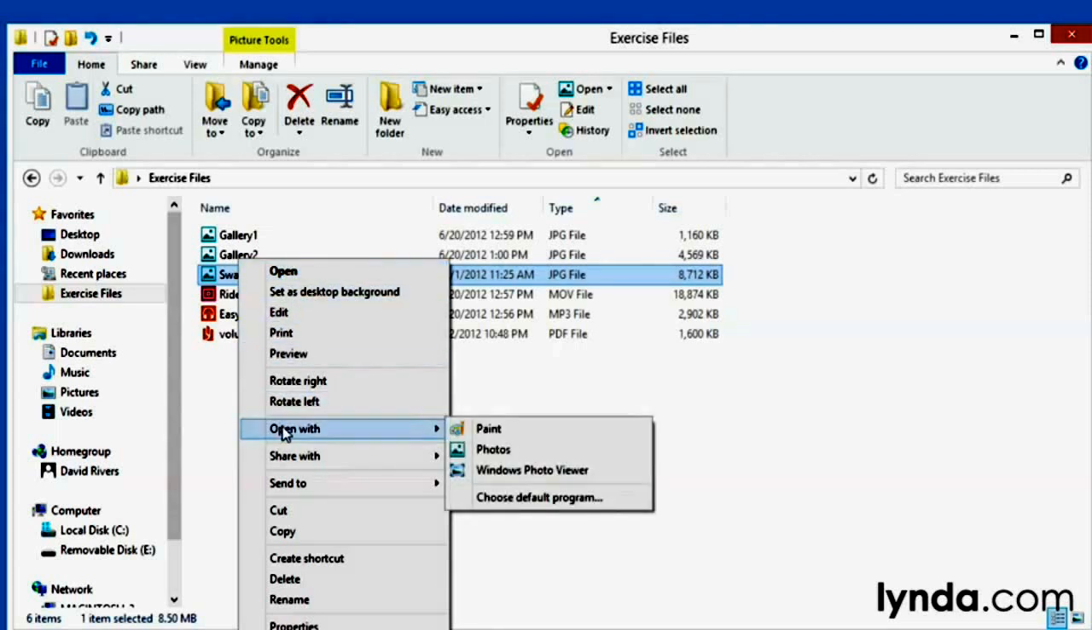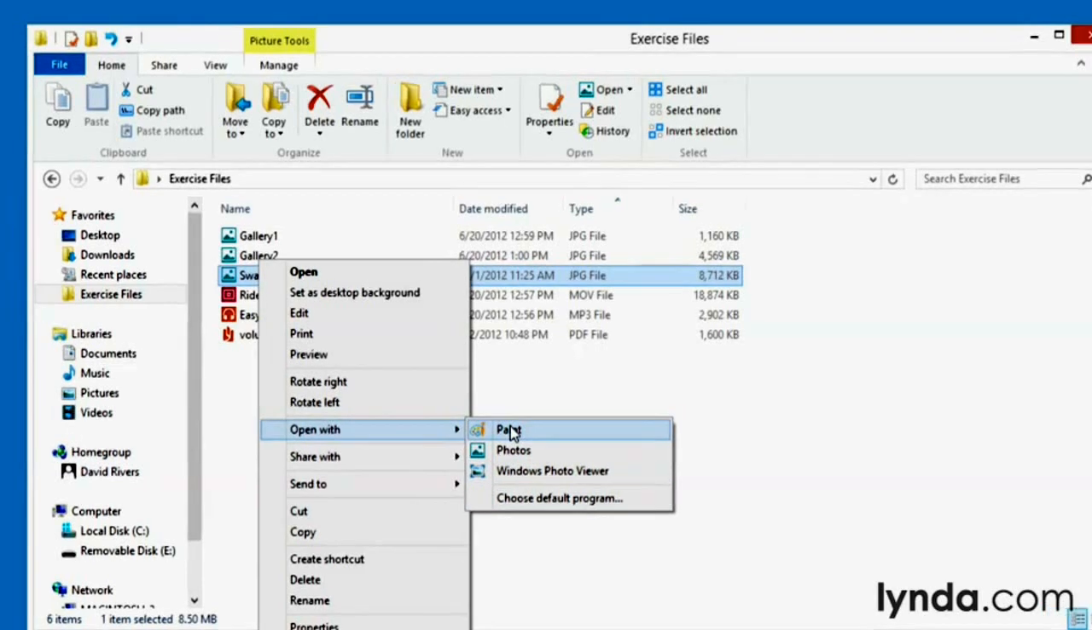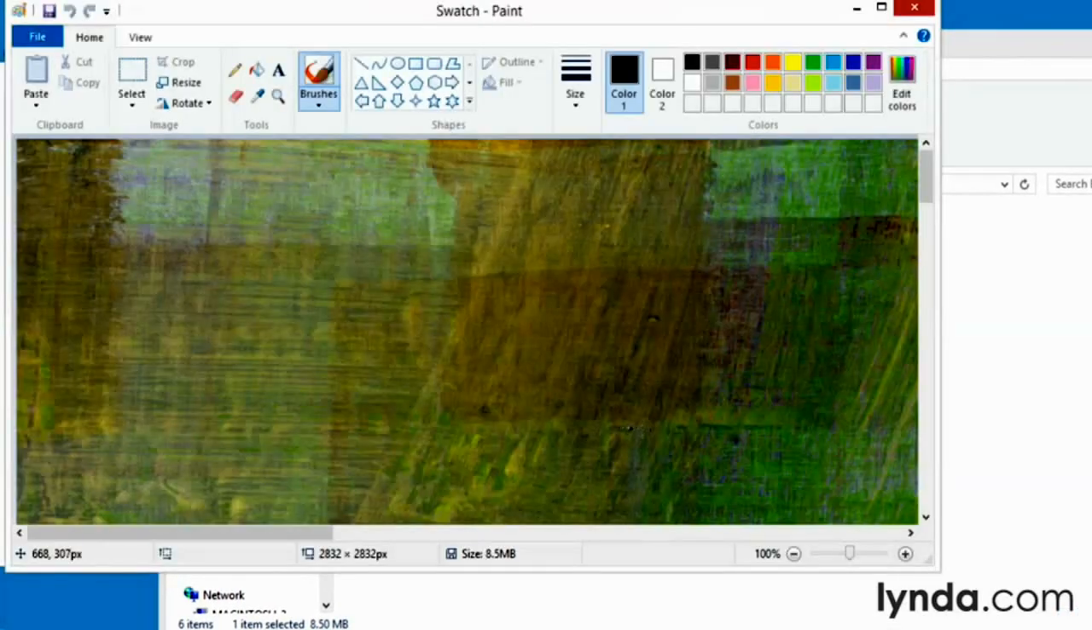So as we move a little further down this pop-up menu, you can see we can open it with, there it is, Photos, there's the viewer. We could even choose the default program, but let's just choose Paint. So it's going to open up the Paint program, and there's our swatch. Now right now we